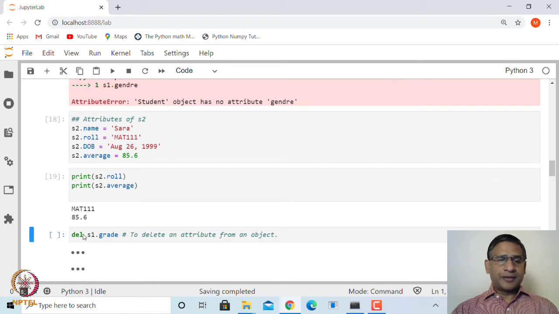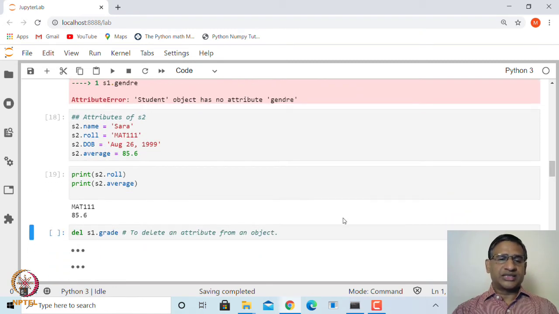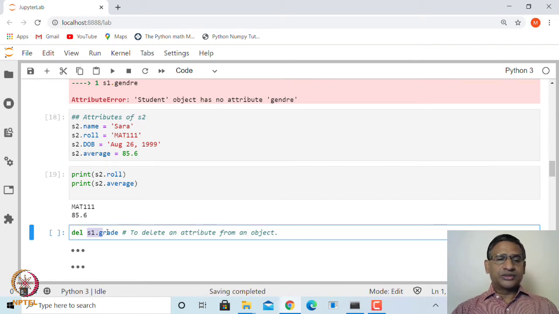Suppose at some point you want to delete some attribute. For example, let us say we want to delete the grade of the first student S1. You can achieve that using the del statement: del S1 dot grade.